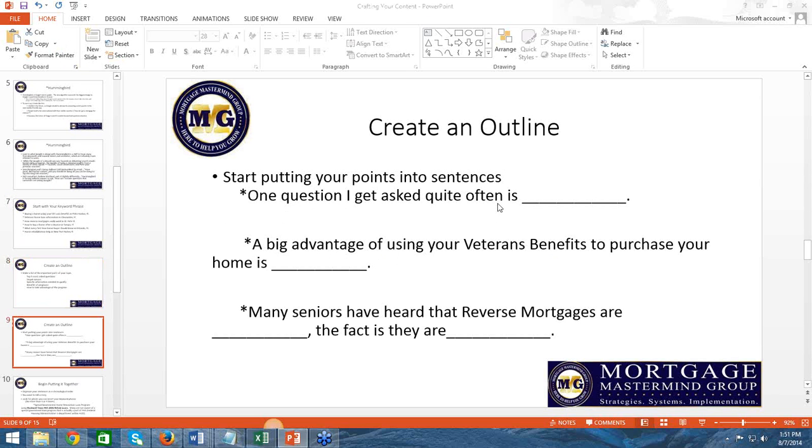One question I get asked quite often by first-time home buyers is, boom, boom, boom. The best way to make sure that doesn't happen to you is to make sure that you have all your documents ready to go. Don't buy any new cars. Don't buy your appliances until after you've closed on your home. Don't buy your furniture until after. Those kind of things are what you want to tell them. And you're going to break that down, put it into sentences, and then that's how you're going to structure that. It doesn't matter whether it's a property blog site or what.